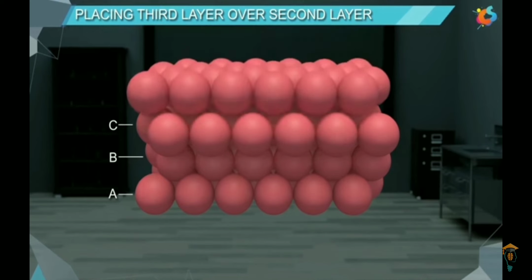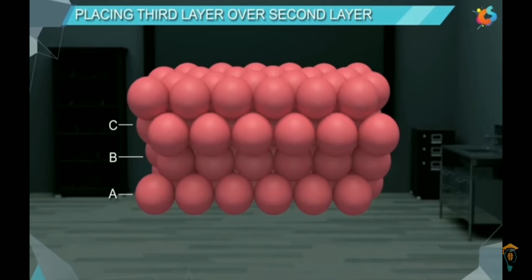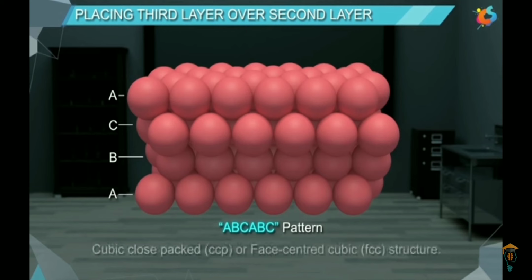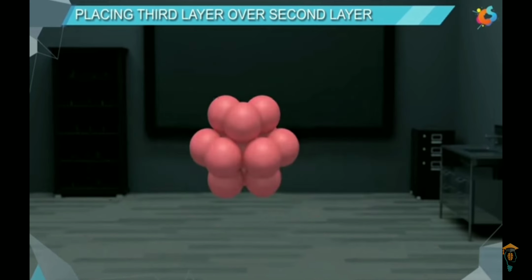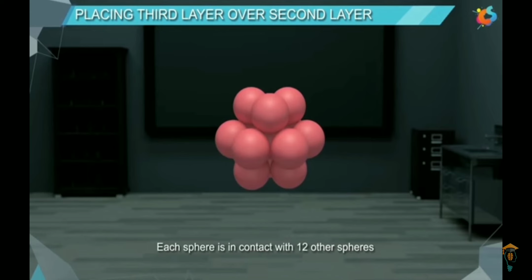Now, if we place the fourth layer over the octahedral voids of the third layer, then the spheres get aligned with the spheres of the first layer. Thus, this pattern is known as ABC type, and the structure formed is known as cubic close-packed, CCP, or face-centered cubic, FCC, structure. In this type of structure, each sphere is in contact with 12 other spheres, 6 from the same layer,